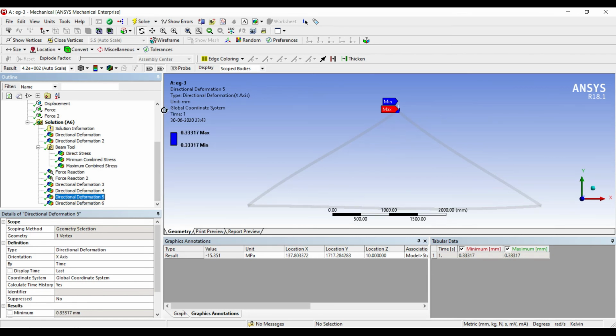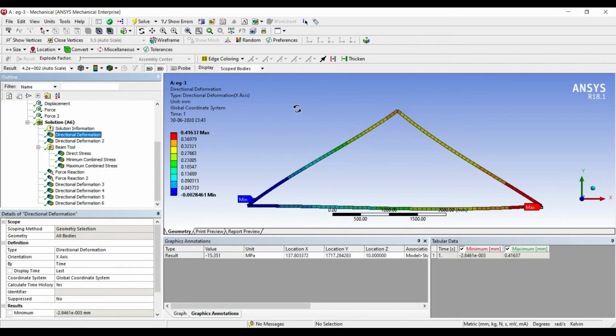You can just read these values and you can check it with your FEA solution. I have checked with them. The answers are correct. So this is how you solve a numerical of truss of the type which I have shown you. This was the third type of problem I've taken up. If you have not seen the previous two videos which I have created, go through them. It will help you in understanding the process, because in this third question I have gone a little fast with the procedure as I've already solved two questions.